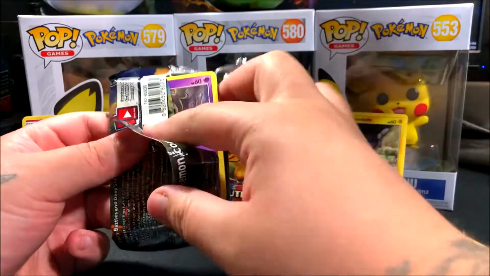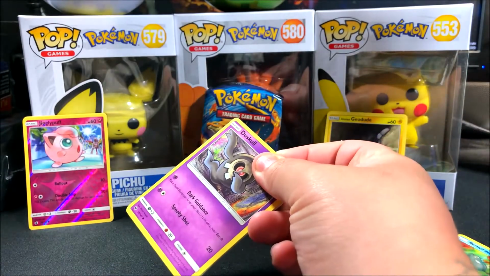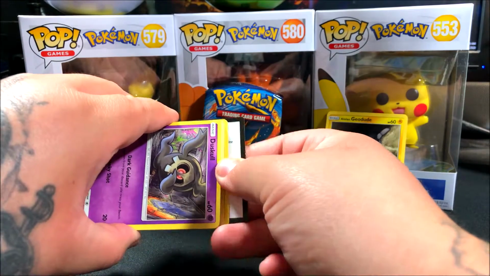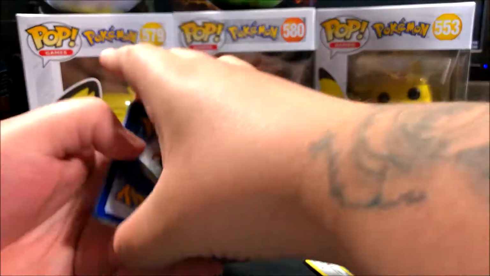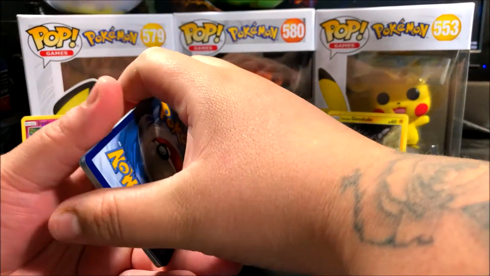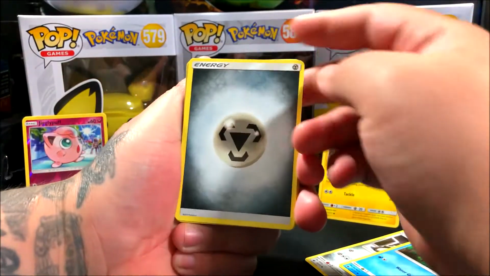Oh, this one opened oddly. Alright, so I don't want to damage the cards. We got a dabbing Duskull at the beginning. So here's the card. Bam. And then this one's gonna be 4 as well. 1, 2, 3, 4. Ooh, there we go. So we're gonna have a Steel Energy,